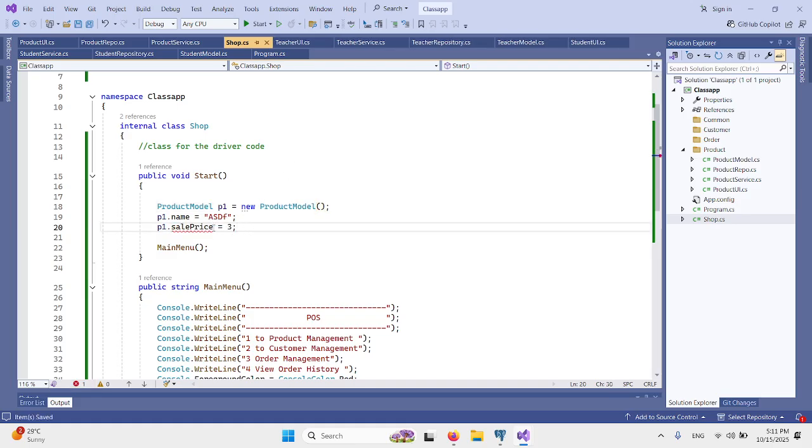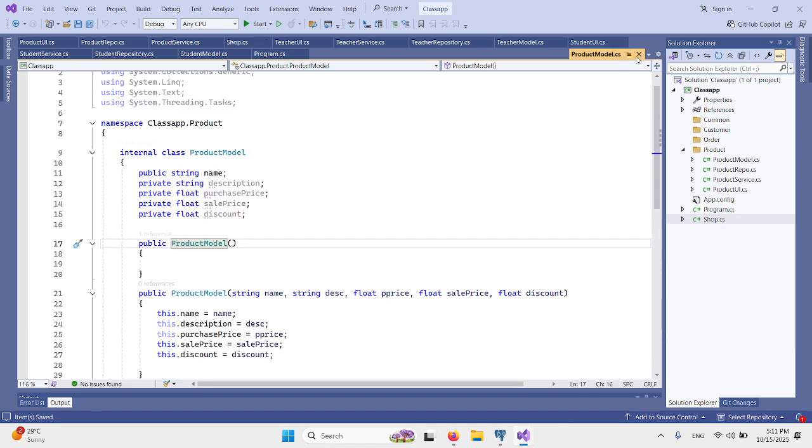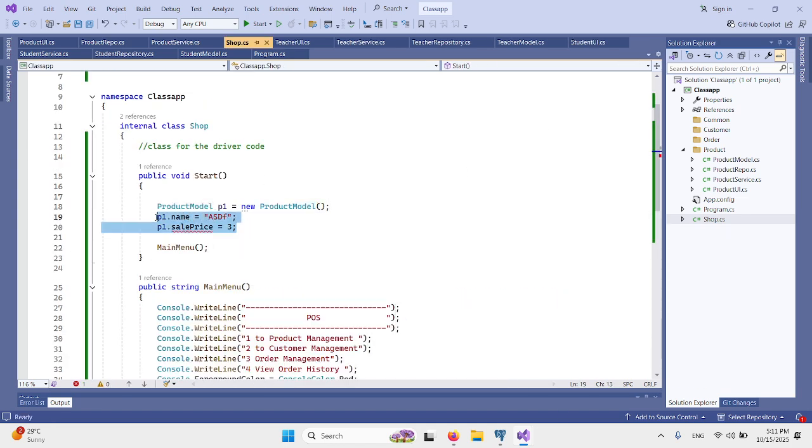I cannot access that, and if you read this, product model dot sale price is inaccessible due to its protection level. So this is the concept of public and private. If something is public, you can access that variable outside of the class where you create the object. If something is private, you cannot access it.